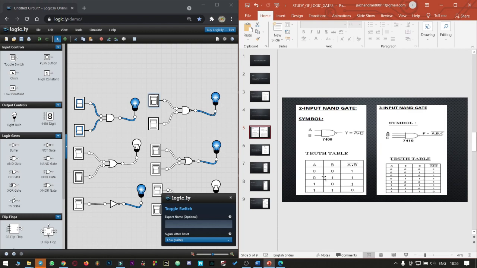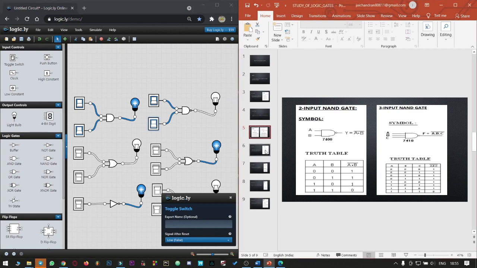So as you could see, when both the inputs are disabled, the output is 1. That is, the A dot B complement is 1. So the only case when the output is disabled is when both the inputs are turned on, which is the exact complement of what happens in the AND gate. Here, when both the inputs are on, the output is high, or 1. Here in the NAND gate, when both the inputs are turned on, our output is low, or 0.